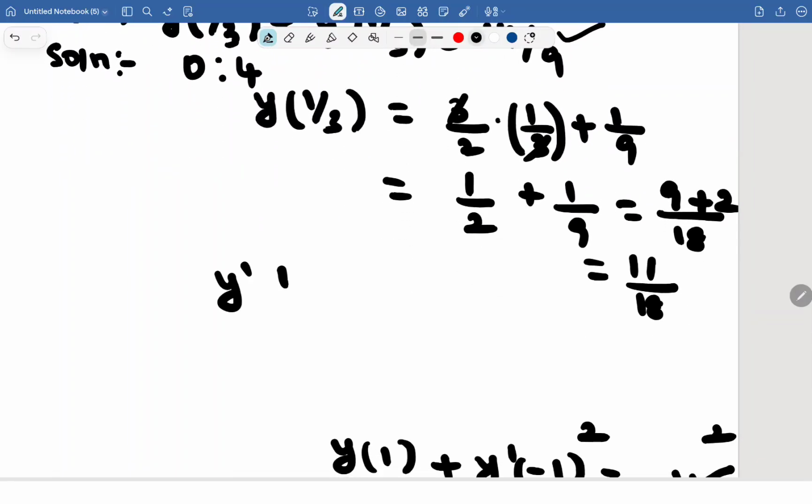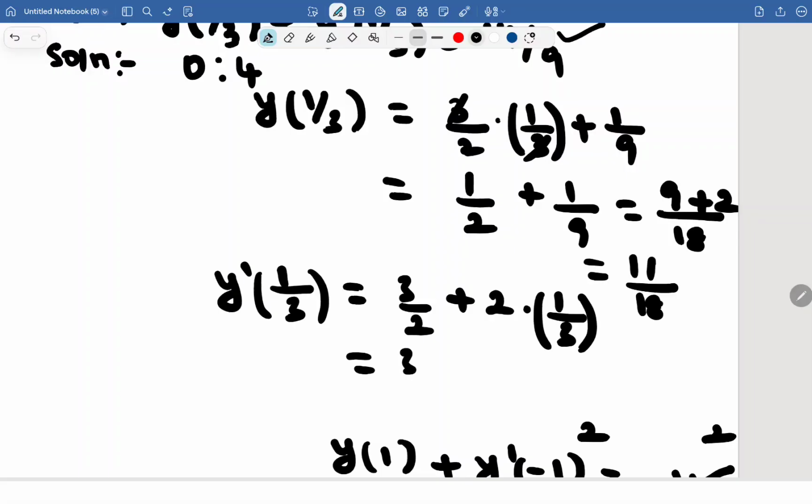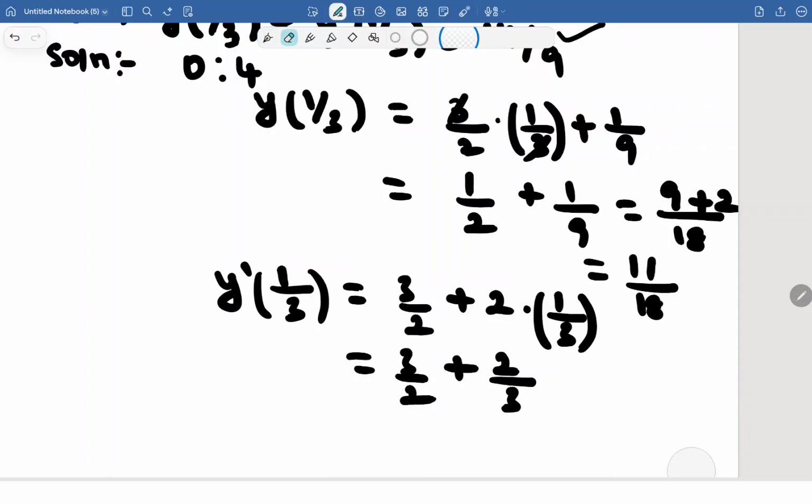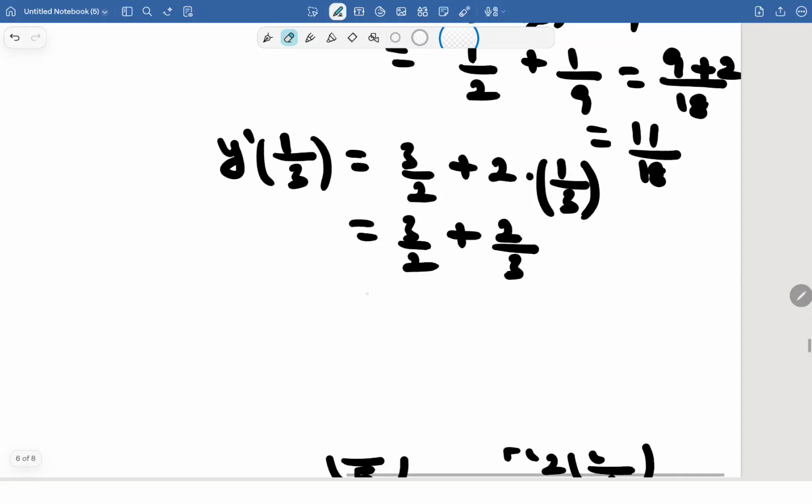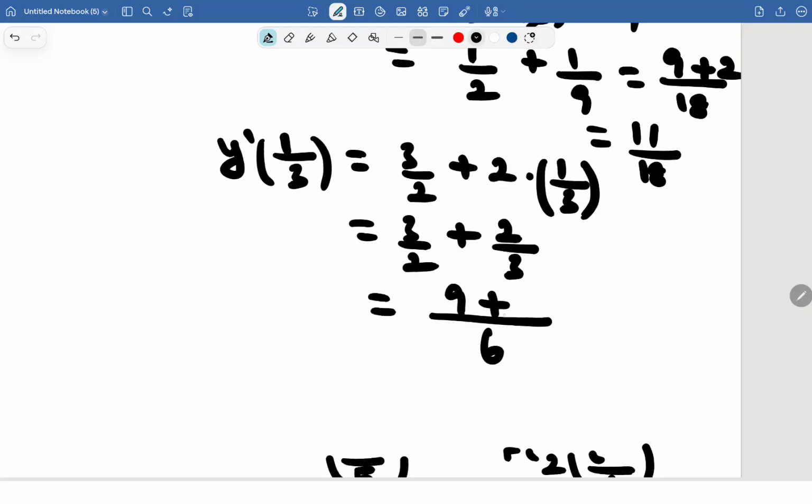y dash of 1 by 3 is 3 by 2 plus 2 into 1 by 3, which is 3 by 2 plus 2 by 3, which is equal to 9 plus 4, 13 by 6. Now adding these two,